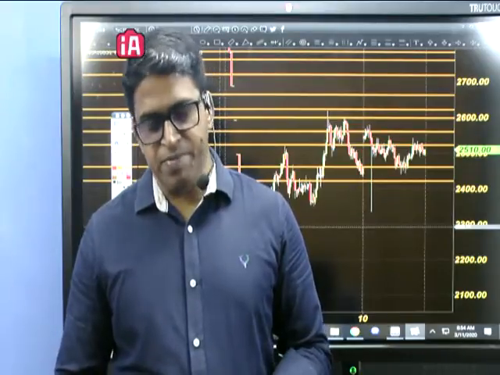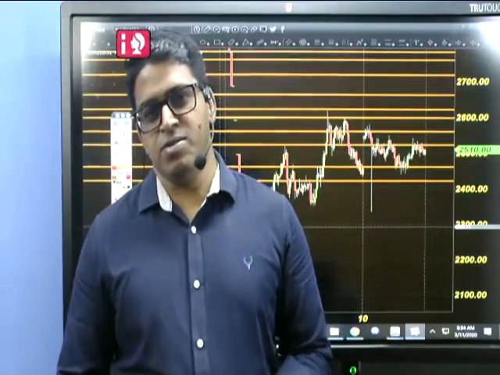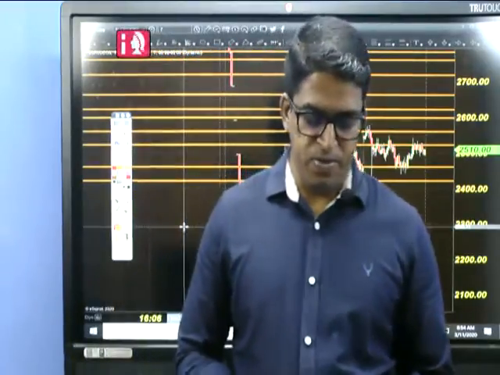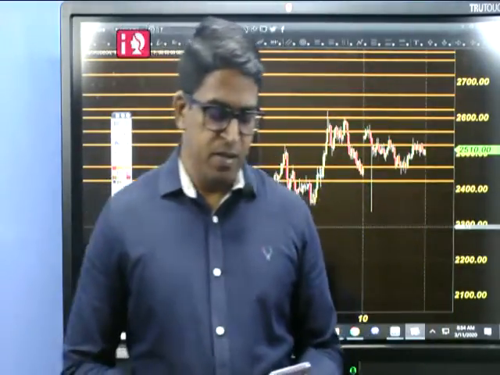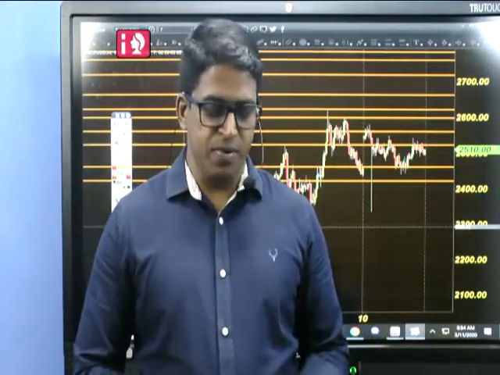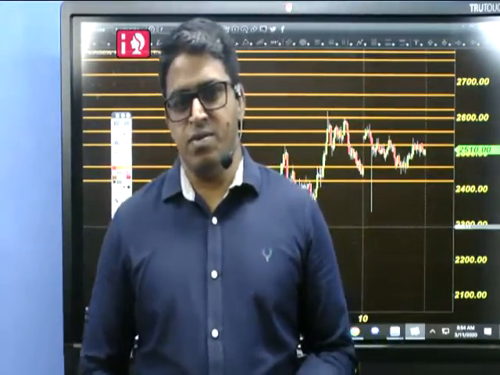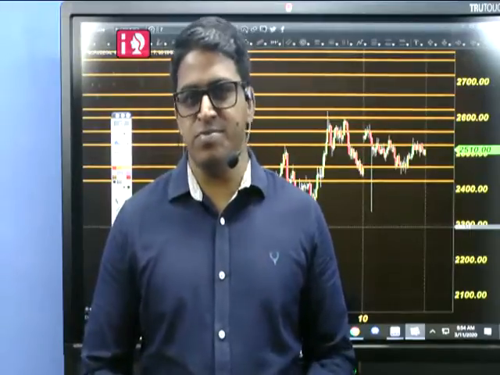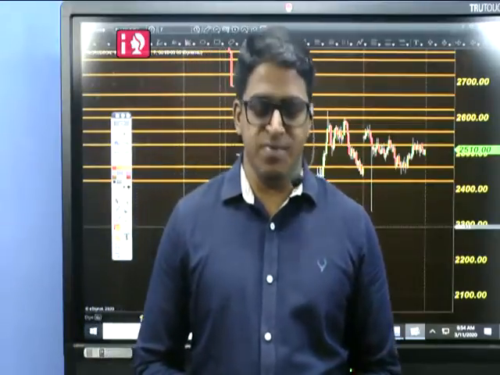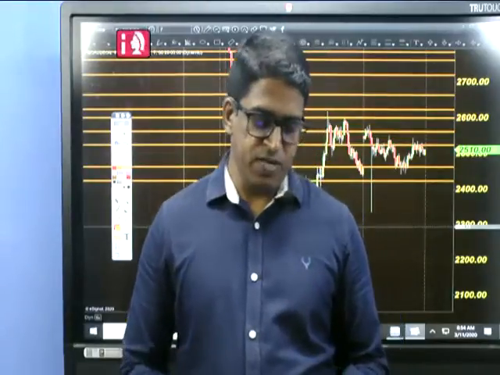Many people draw supports and resistance differently, and I personally draw these supports and resistance manually. I don't depend on software for drawing support and resistance. Sometimes software is good. We don't want to debate that. It depends upon what you're going to follow. You can draw your own support and resistance, and you can follow. The only thing is that you should follow it. Follow some system, have some discipline, that will work in the market.